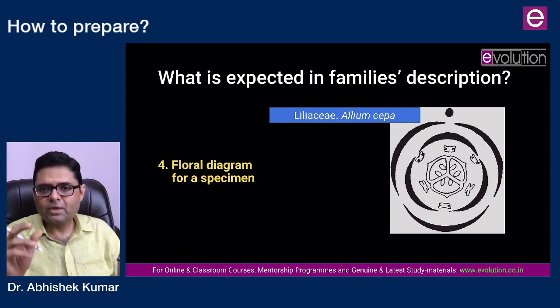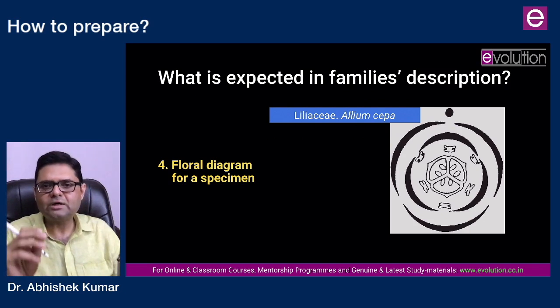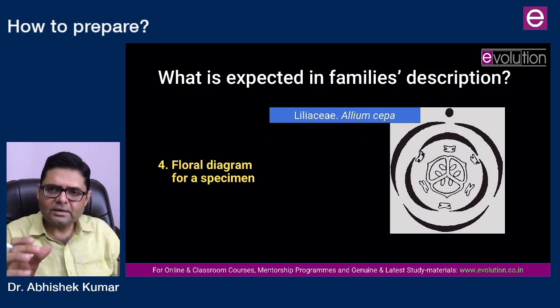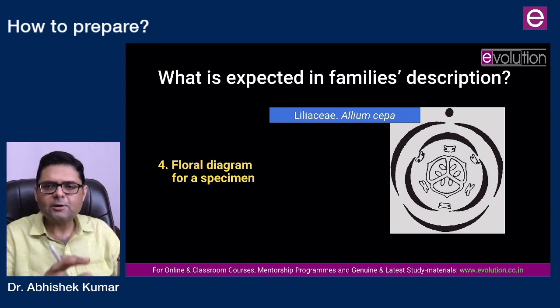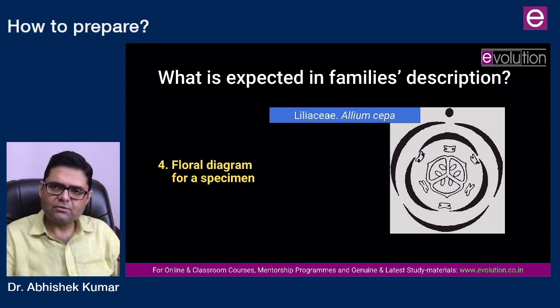be talking about how many carpels are there, how many stigma, how many styles, how many locules are there, in each locule how many ovules are present, what's the orientation of the ovule, what is the tegmicity of the ovule, and finally you will be mentioning the special features like nectaries and all, and last, fruits. Once you are done with that, make the floral formula properly and then put the floral diagram of one particular species. Daunting it may sound, but it needs only one time effort to prepare all these 20 families.